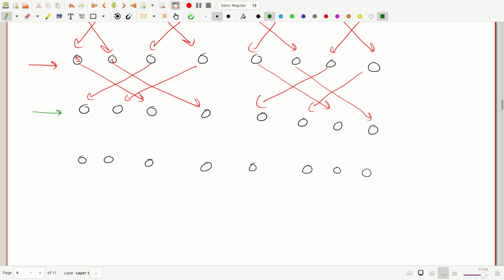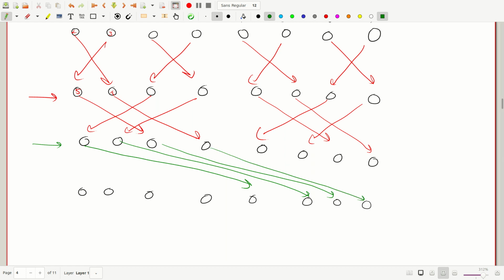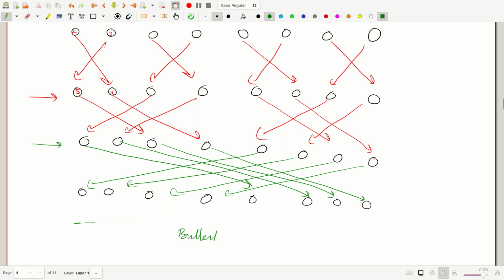Then finally 0 would send it to 4, 1 would send it to 5, 2 would send it to 6, and 3 would send it to 7, right? Similarly, this one would send here, and here, and here, and here. Okay, this is not nice, but you probably got the idea. So this kind of communication is known as the butterfly structure communication. So this is also possible,